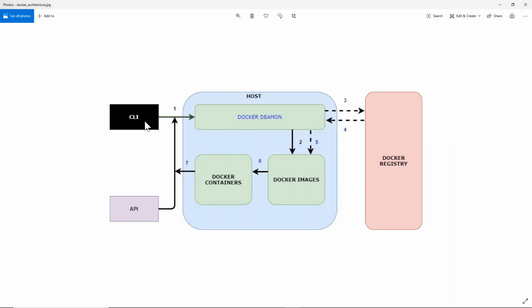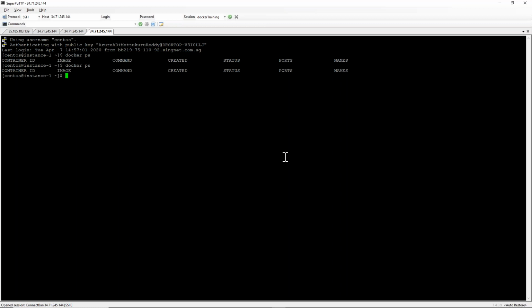So whenever you run some command, first it will connect to the Docker daemon. Docker daemon will check local images. If you have requested, for example, I want to... Version. Yeah, Docker. So first we'll discuss some images or some commands.